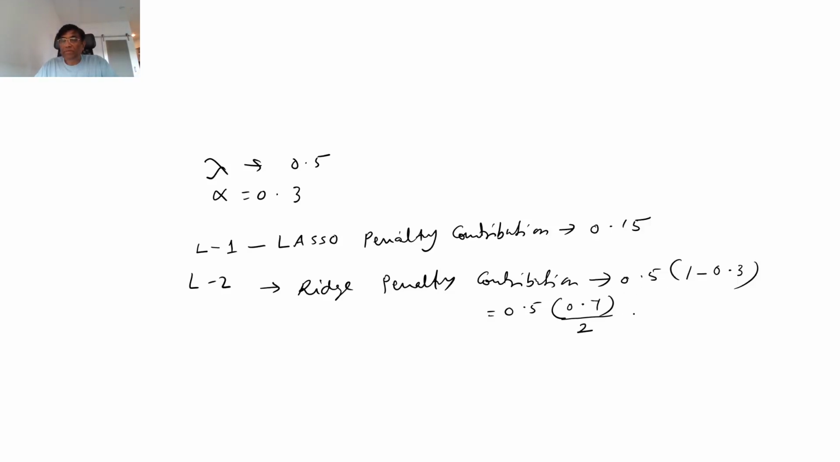0.5 equal to 0.35 divided by 2 equals to 0.175, right? So the contribution with your parameter selection like this, that means your contribution from lasso is, you have